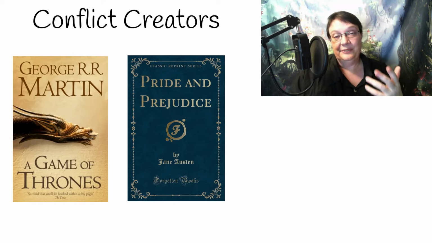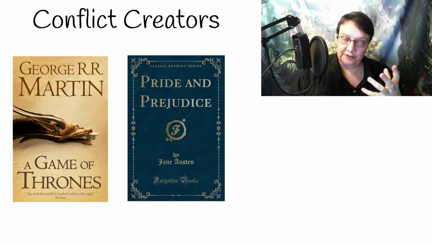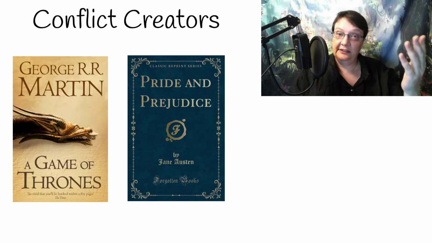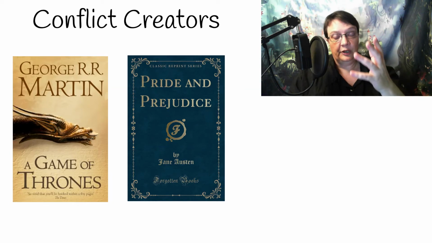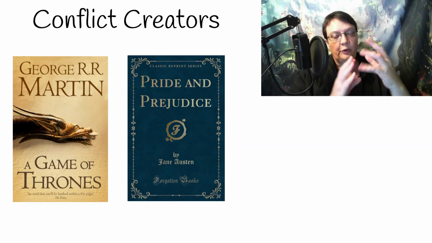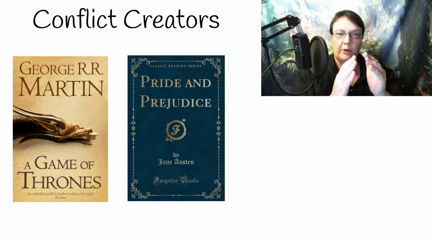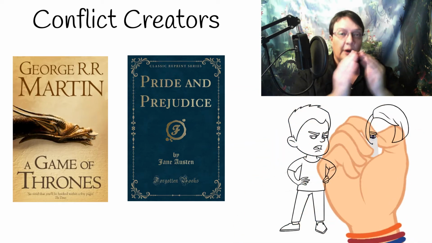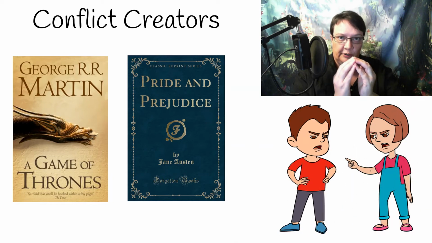In Pride and Prejudice, Mr. Darcy is, for the most part, at loggerheads with Elizabeth Bennet. And because of this, his attitude towards her is the primary creation of conflict in the book. This opposing force is when you have two characters, neither of them necessarily good or evil, and they can even both be narrating characters or protagonists. But they oppose each other. Their goals oppose each other. And because their goals oppose each other, this creates conflict.